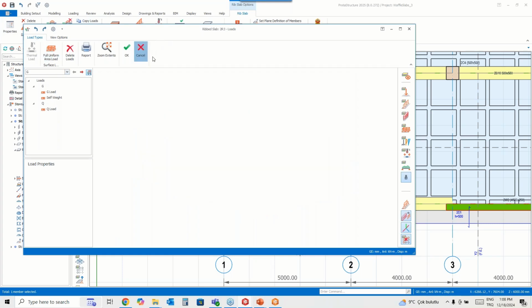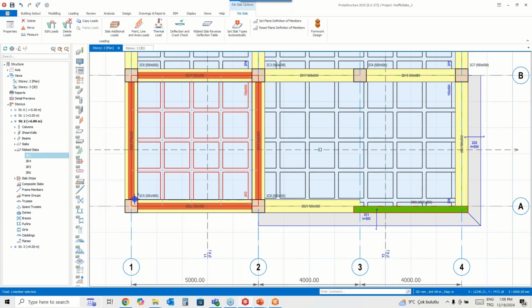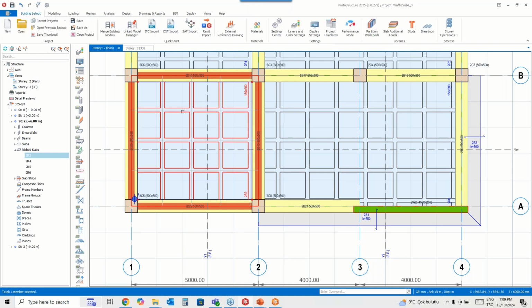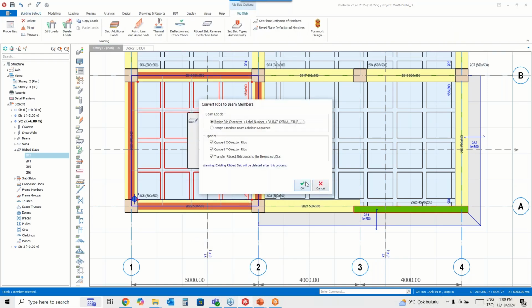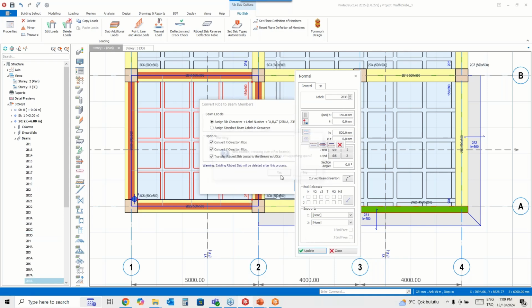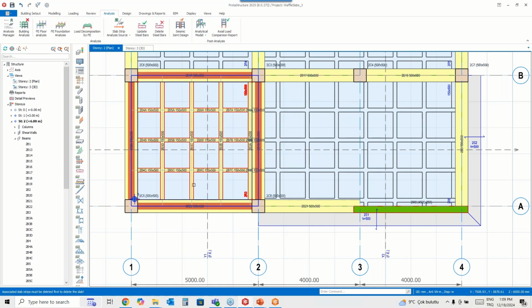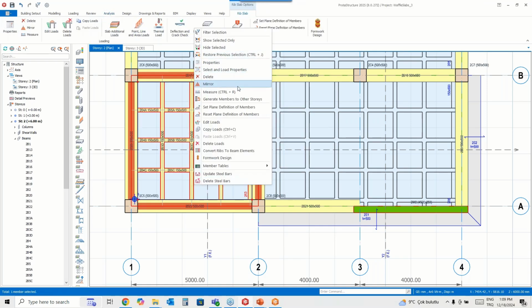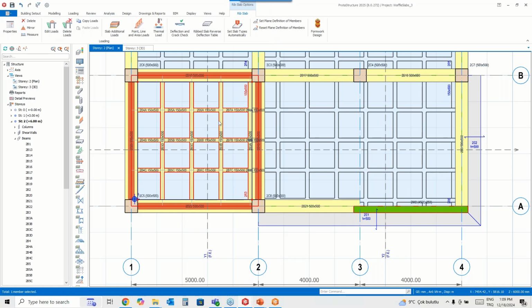If you have such a specific load, you can simply transform to real beam elements like this, and you can insert a frame load.